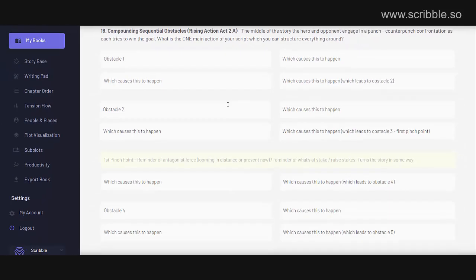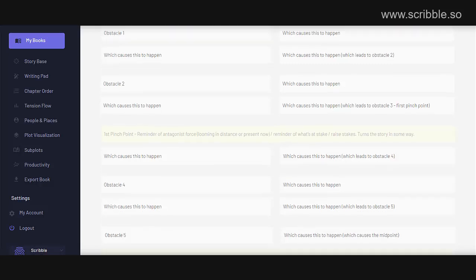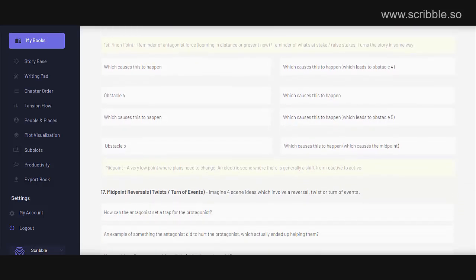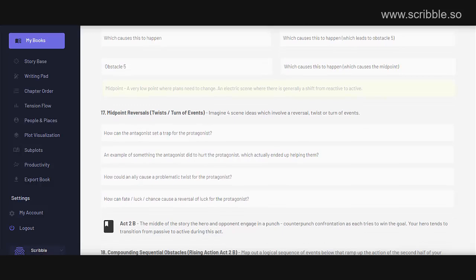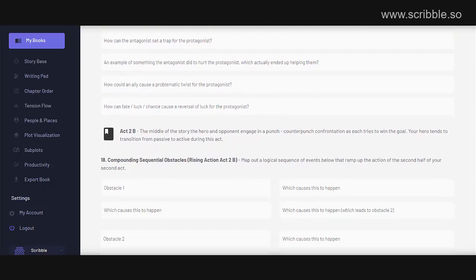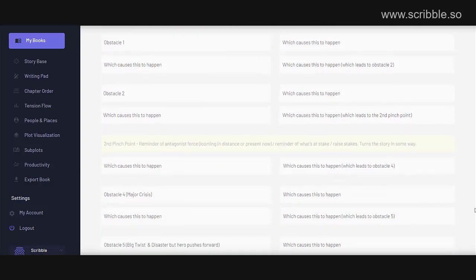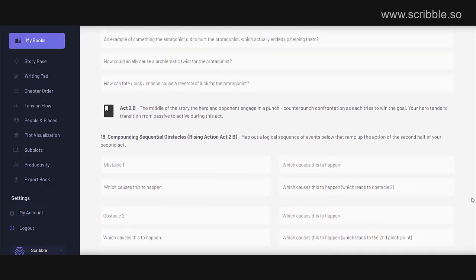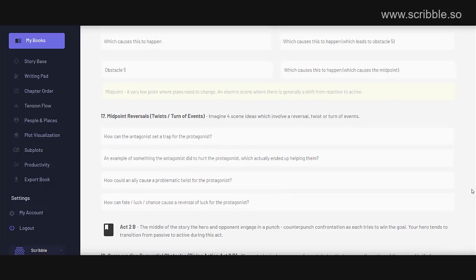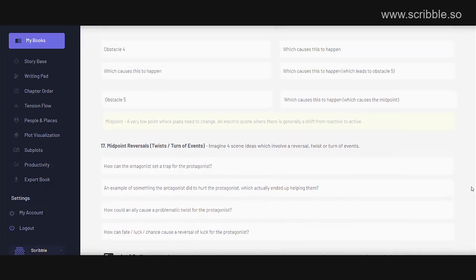So the worksheet is organized from your first act to your last act, but it also uses a mix of general and specific questions to help you fill in the gaps. We also spend a lot of time asking questions about your second act, since this is where many writers get lost. By mapping out some tentative scenes here, you're giving yourself writer's block help before you ever start writing and actually need writer's block help.